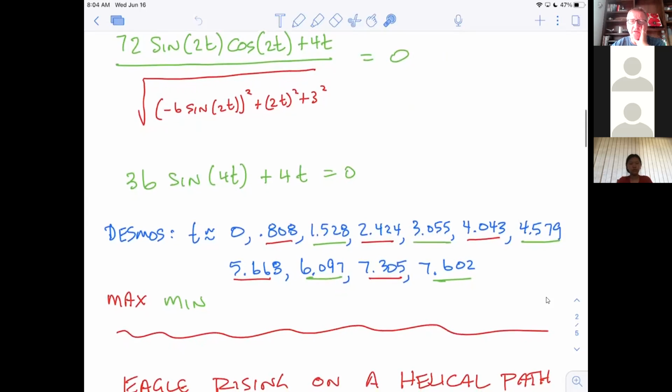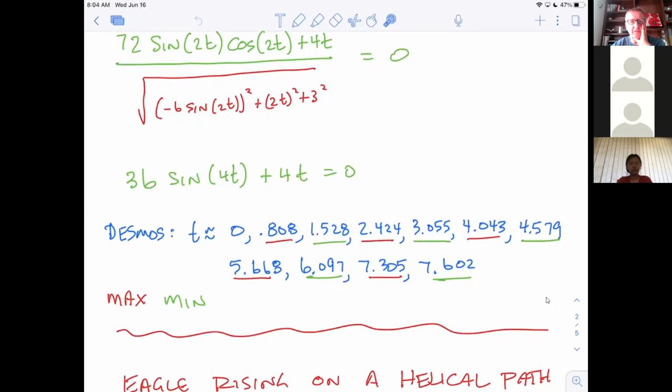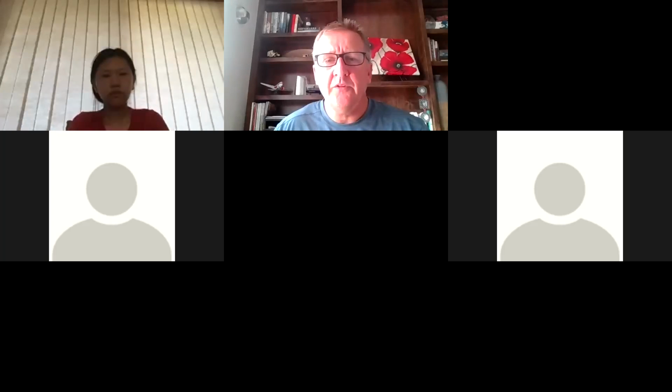So I took a quick look at the graph to resolve all of this, and basically every other one of these was a maximum. Every other one was a minimum. So I just want to show you really quick that this worked, and also leave you with at least a conceptual sense of why this is true. I'm going to shoot a picture of those so I can switch screens. So if I go over here to the